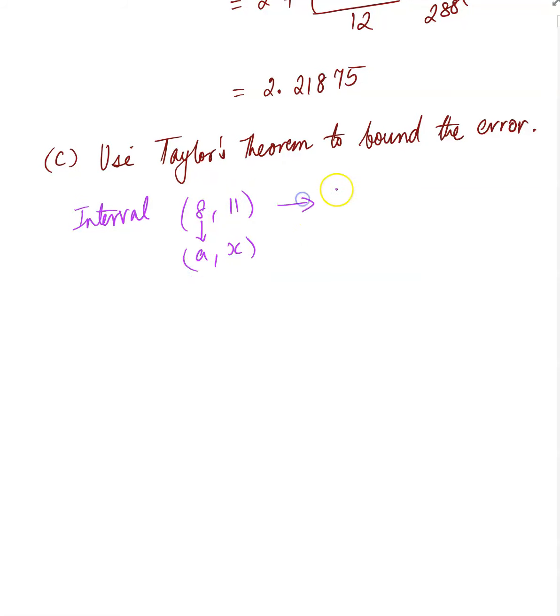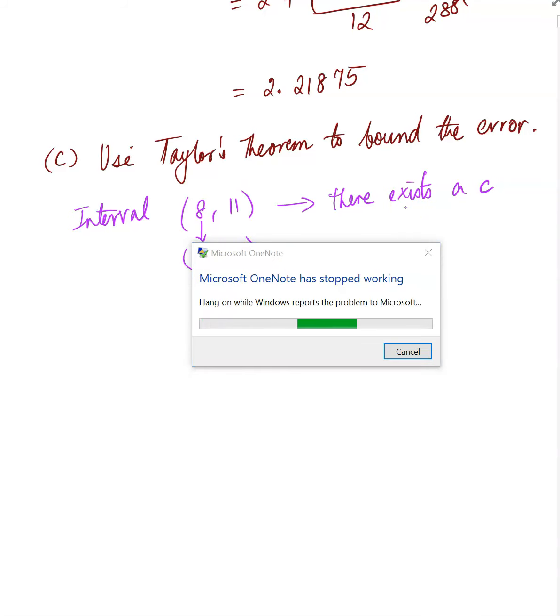In this interval, there exists, that's a symbol for that, but let me write it here. There exists a c. If we know what c is, that's good. But because we don't know what c is, we need to find an upper bound. Okay, so let's write. Let me complete this. There exists a c such that